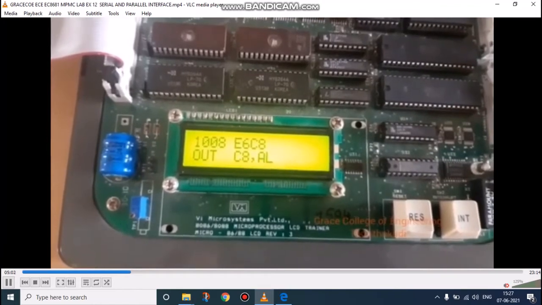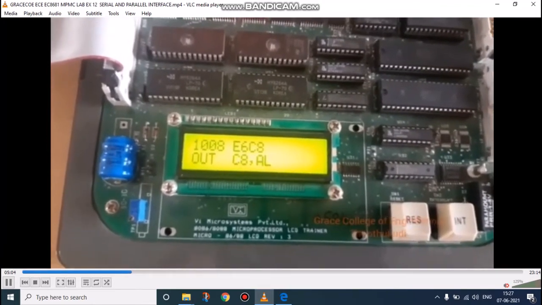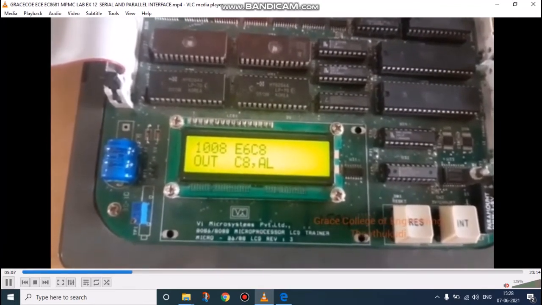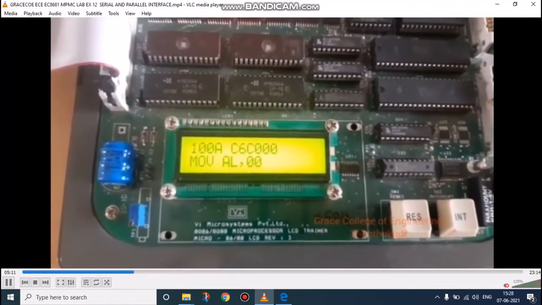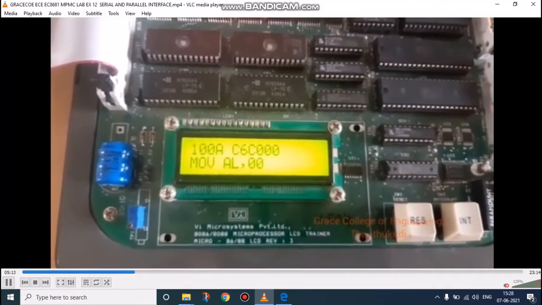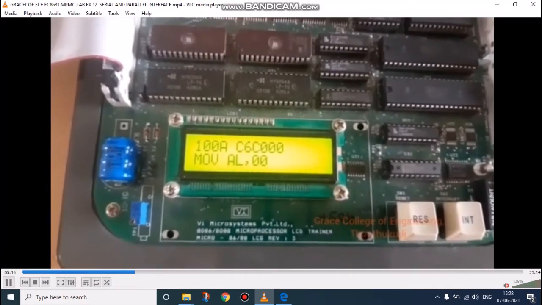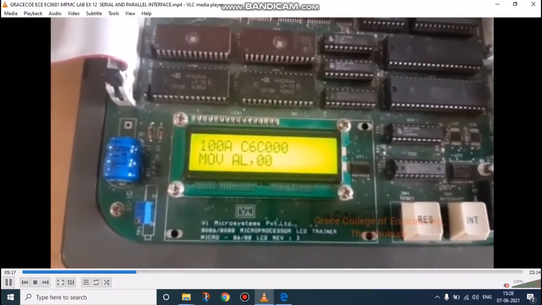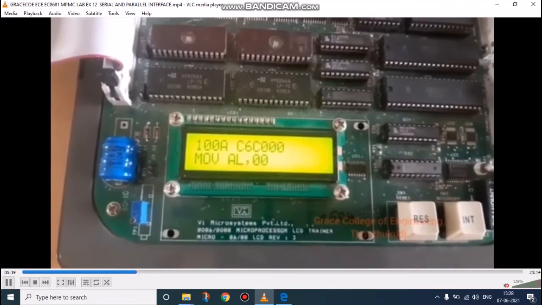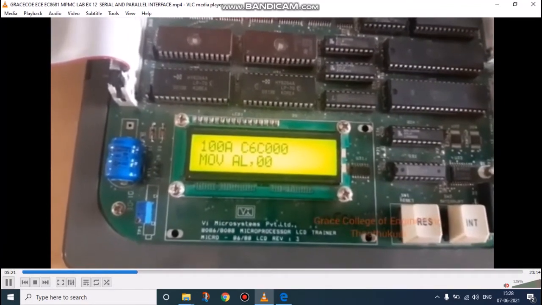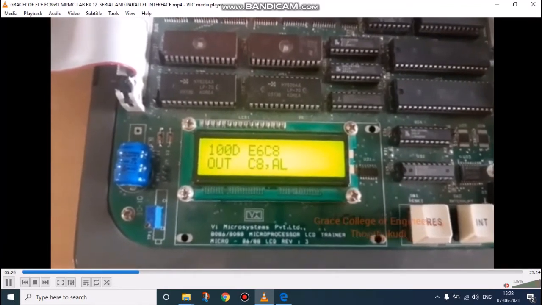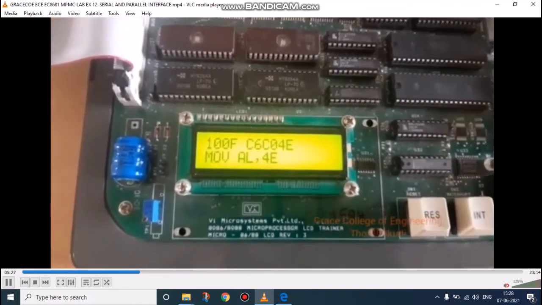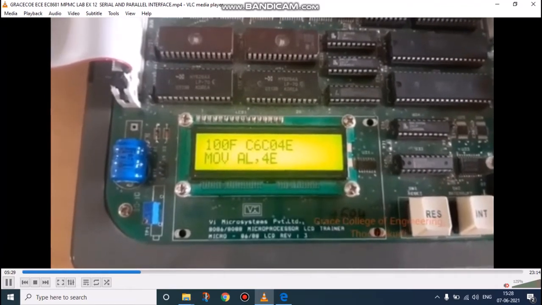Now we are going to initialize this port C8, and then after that move AL comma 00. Okay, this is also the value to initialize the port only, and now we can initialize the C8 port by this value AL,